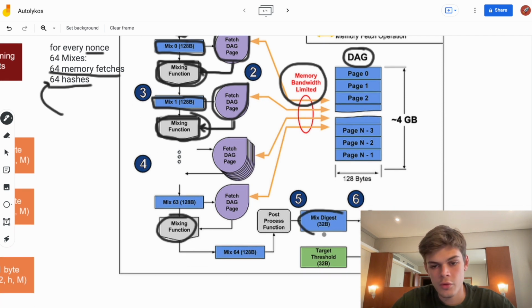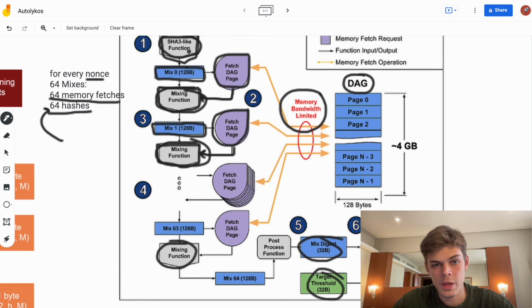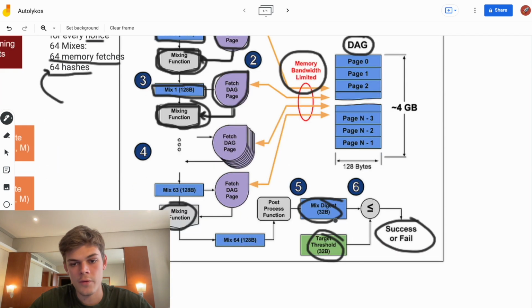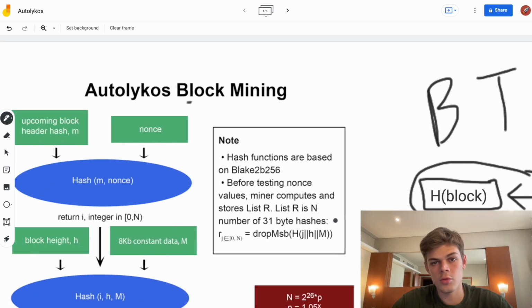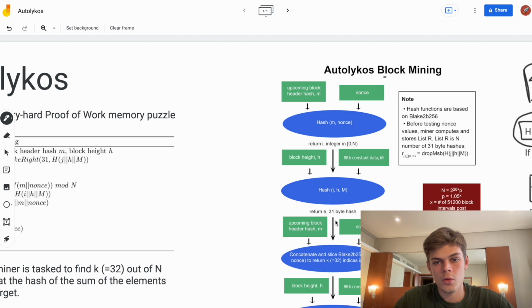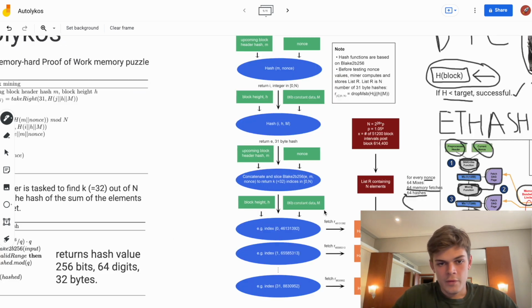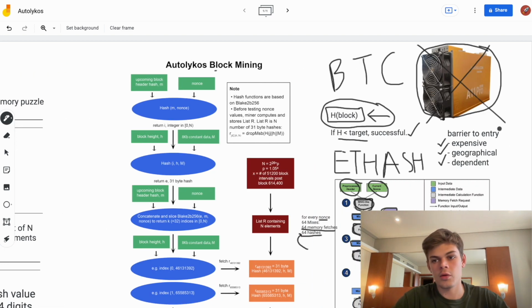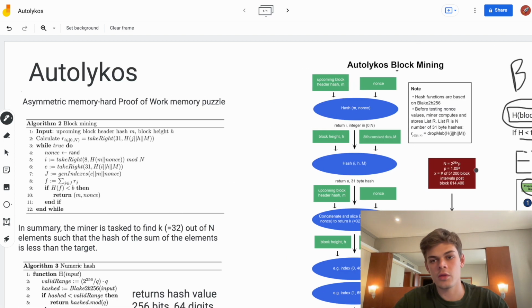But then we have the same result at the end of Ethash. If the final mix digest, which is based on all of these mixes and memory fetches, is lower than the target, we have a success or fail. So the beginning and the end of Ethash are quite similar to Nakamoto proof of work or SHA-256 proof of work, whatever one may call it. Alright, cool. So that's basically Ethereum and Bitcoin mining. What's a limitation? Well, there's ASICs involved. We don't want ASICs because of these barriers to entry, right? We want a decentralized network